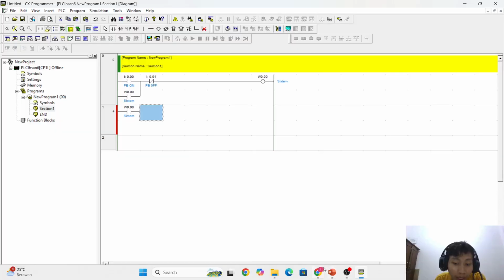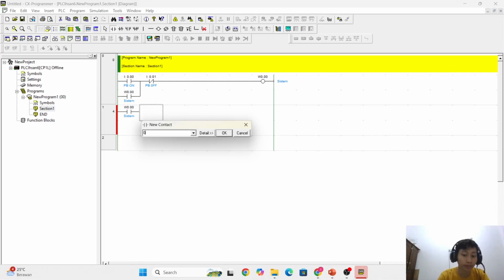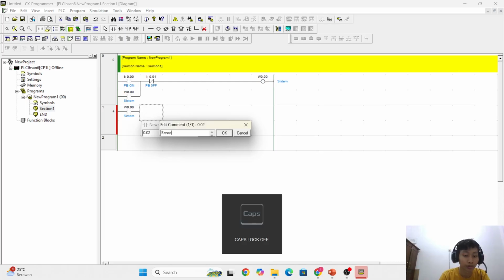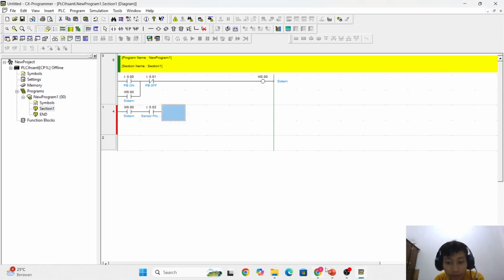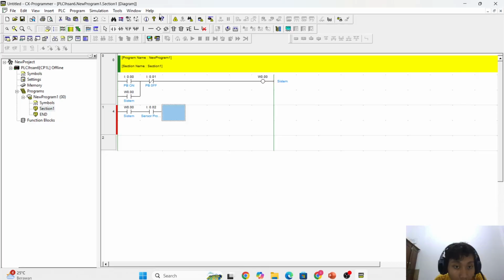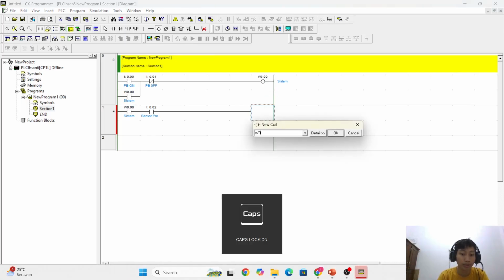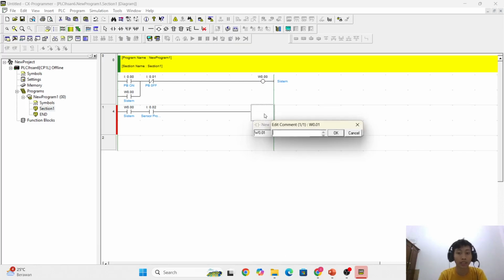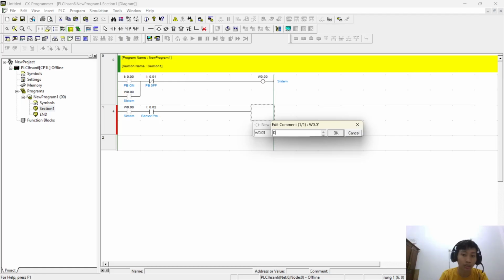Okay, and the next is sensor proximity. Okay, next I'll build a coil W0.01. I think it's out. Okay, out proximity.